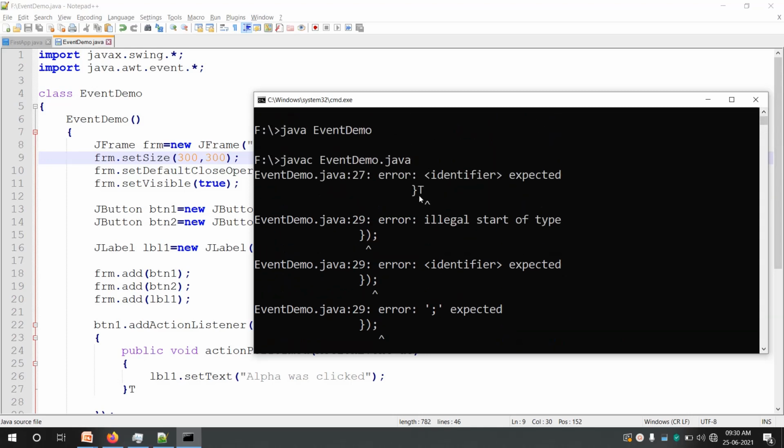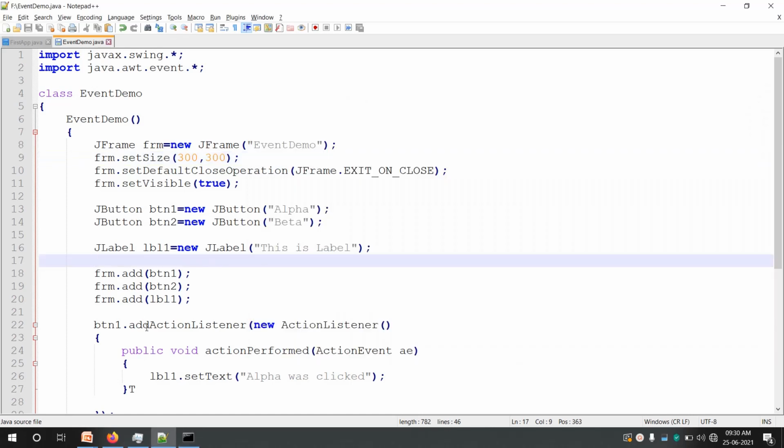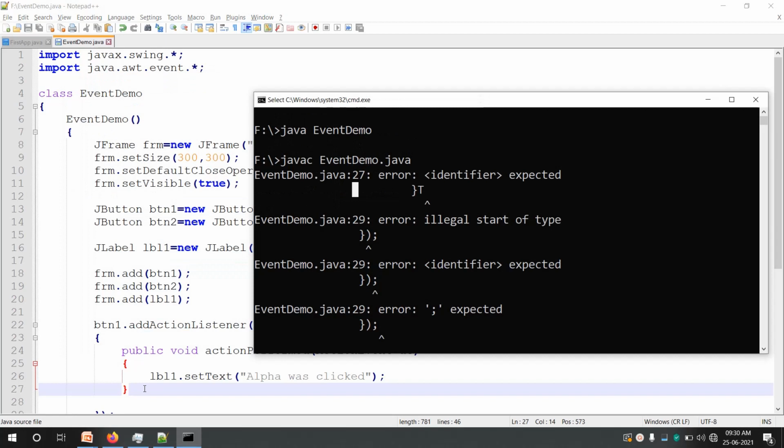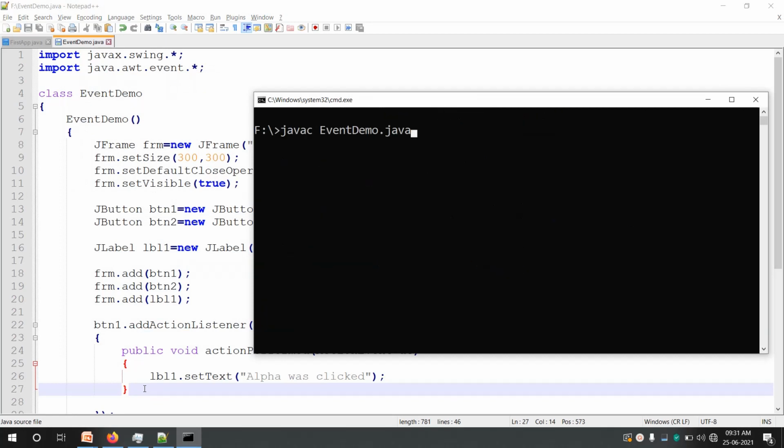By mistake some letter has been typed at line number 27. Line number 27 is here. I'll just remove this T, save it. Okay, compiled successfully. I'm executing it.